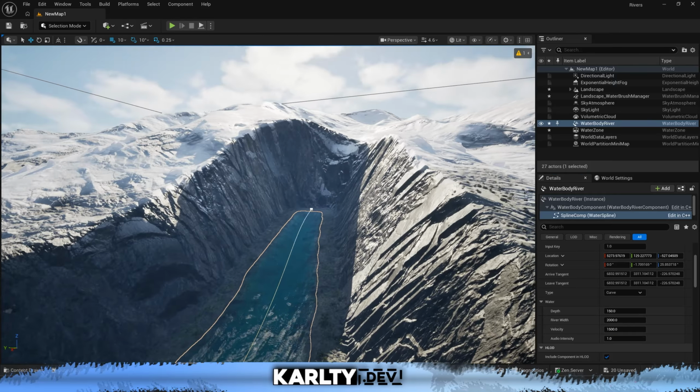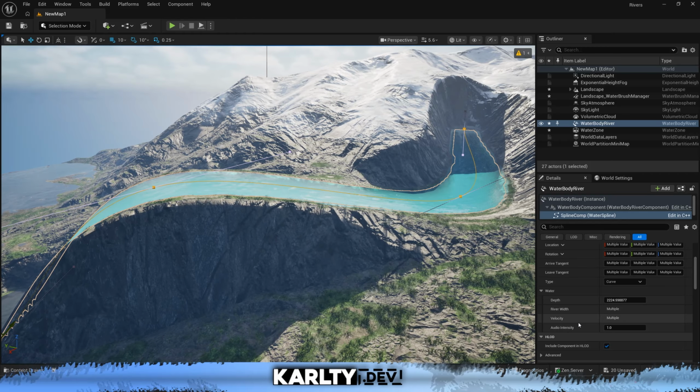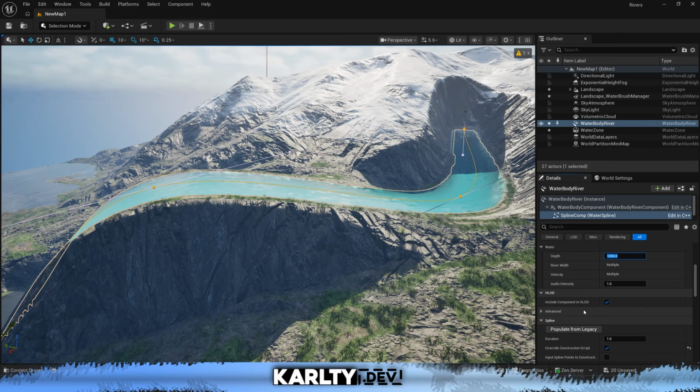Now, it's not really looking that natural. So what we're going to do is select all of the splines at once, and we can change some of these values. So the depth of the river, obviously, you can see that the river gets more and more flat and the water is running through, but it's barely visible. If we do that, then you can see it's a lot deeper. I don't know what the original was. I don't know. 1000. And then